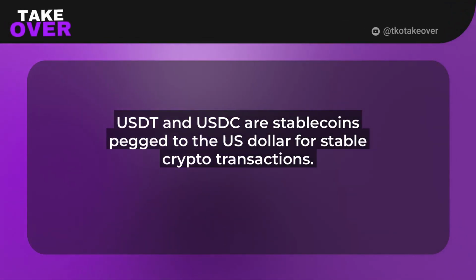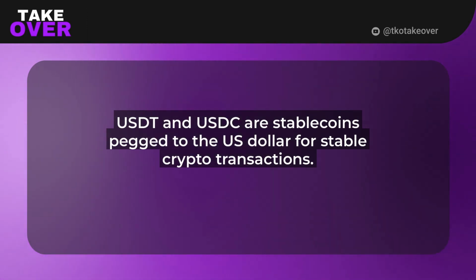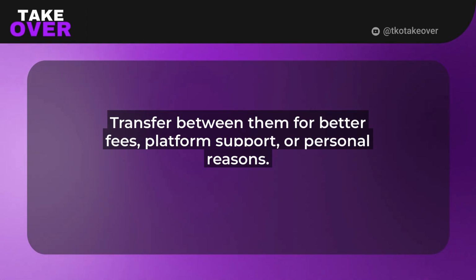Today, we're tackling how to transfer from USDT to USDC in 2025. If you're diving into the crypto world, you know USDT and USDC are both stablecoins pegged to the US dollar, making them super reliable for transactions without the wild price swings of other cryptos. Whether you're switching for better fees, platform compatibility, or just personal preference, this guide will walk you through it step